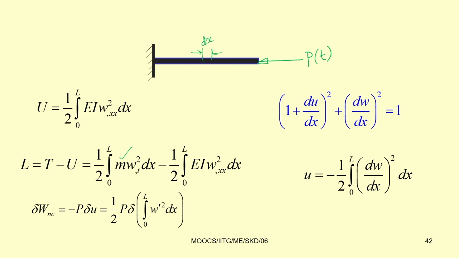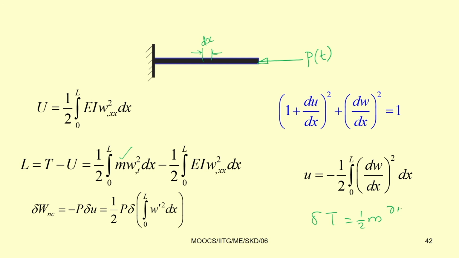So, the mass of the small element becomes m dx, and the kinetic energy of the system will be equal to, for the small mass first you find delta T. So delta T will be equal to half m. Let the transverse displacement be w, then this differentiation dw by dt can be written, but here instead of d you can put del w by del t, because w is a function of both space and time.